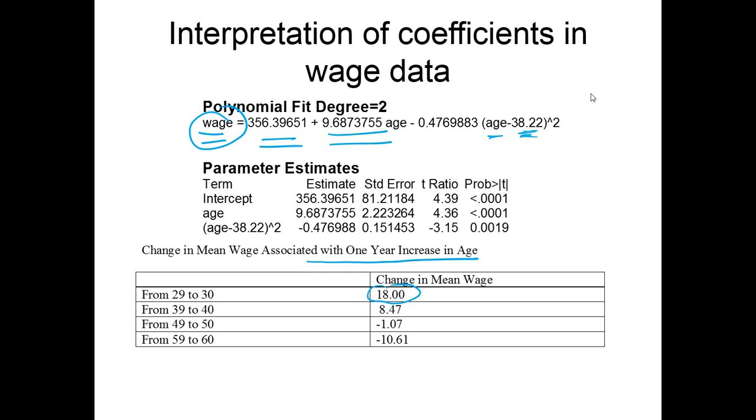From 39 to 40, it comes out to be 8.47. Just put the value of age. So put the value of 39 here and calculate, put the value of 30 and calculate, and you will see not a linear decrease or linear increase. Here it is decreasing, right? From 18 to minus 10, it is decreasing, but at a polynomial rate, not at a